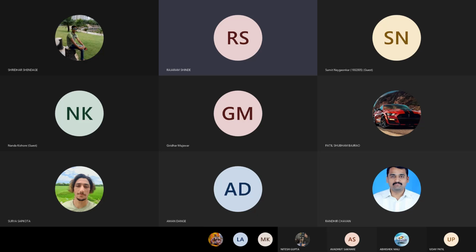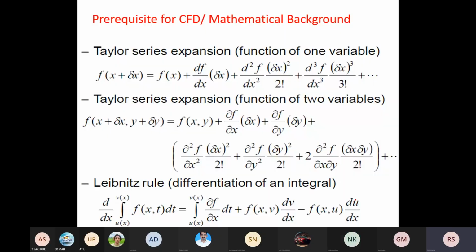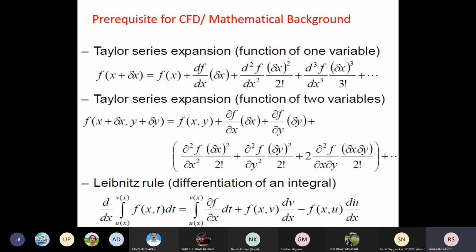Into the derivative of the lower limit. Okay. Now you can see here the derivative of the function: it is a partial derivative of the function and its integration between the limits, and these limits are variable limits, and these terms are coming extra because you have variable limits in this.